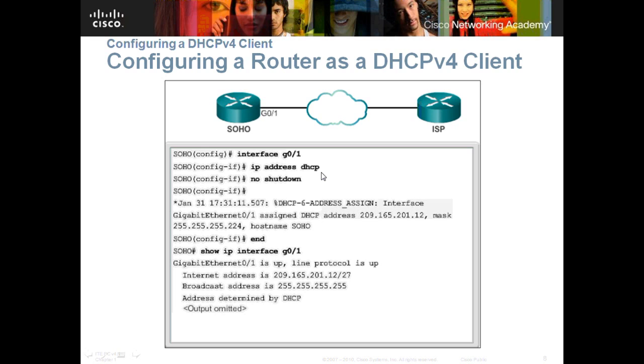After that, if the routing or the network is already established, we can get the DHCP IP address from the ISP. To verify it, we can just put this command, show ip interface Gig0/1, and this information, address determined by DHCP.